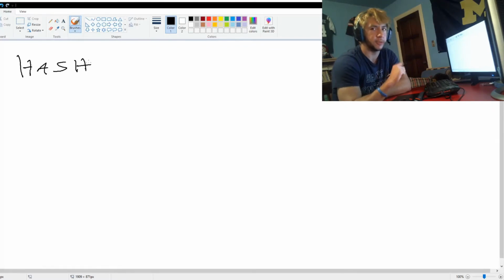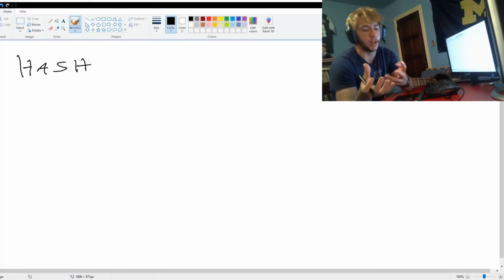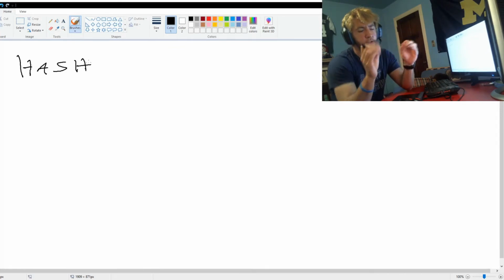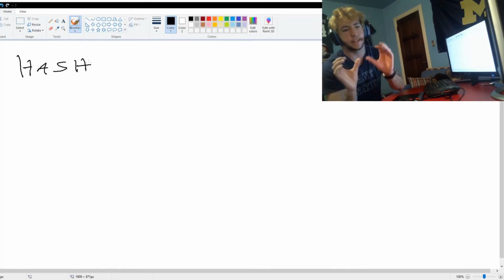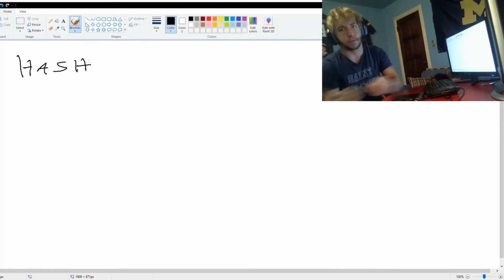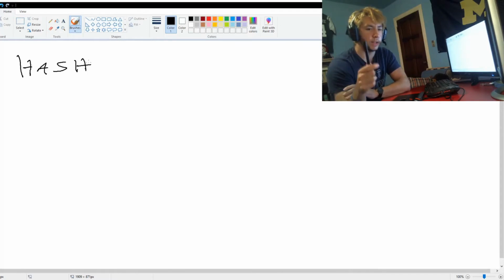Hash, put in nerd terms by Wikipedia, is any function that can be used to map data of arbitrary size to fixed size values. So what this means in more layman's terms is that you have a piece of data, say your password, you're applying an almost mathematical computation to it to produce a new set of data, say a seemingly random series of letters and numbers that represents your original data, as in, if you take your original data and you apply the same hashing function to it, it will result in the same series of seemingly random data every time. But it is a lossy compression algorithm, almost.